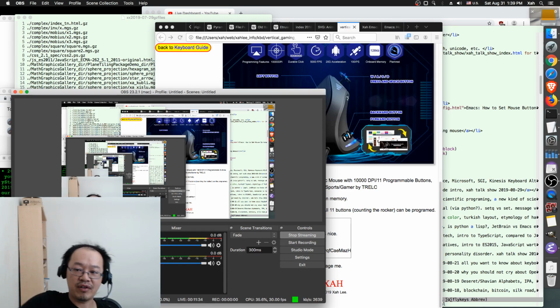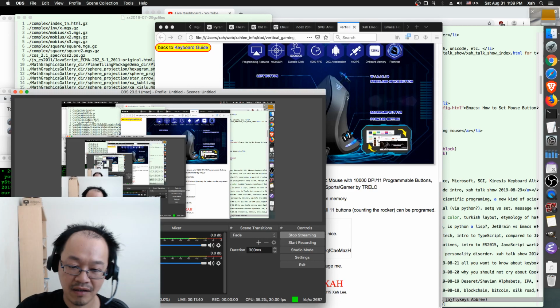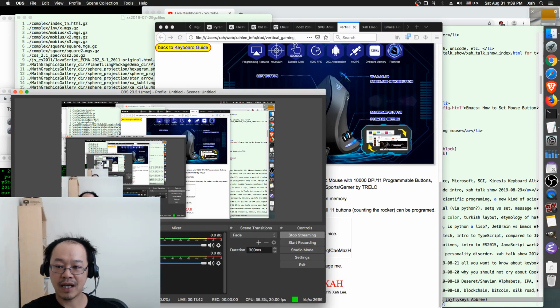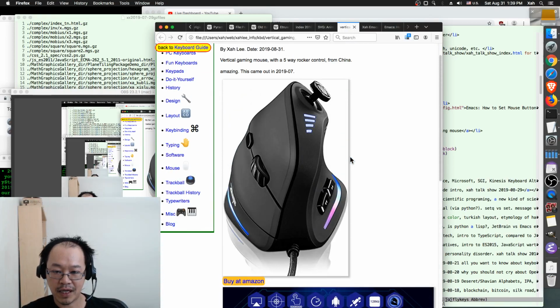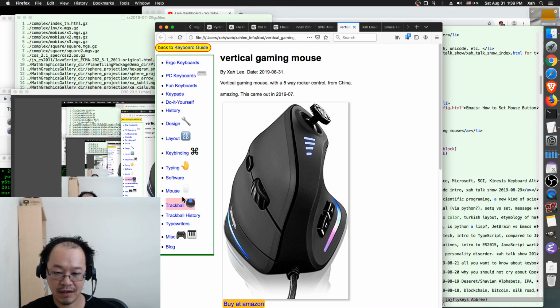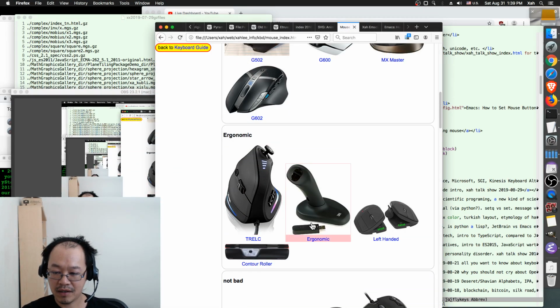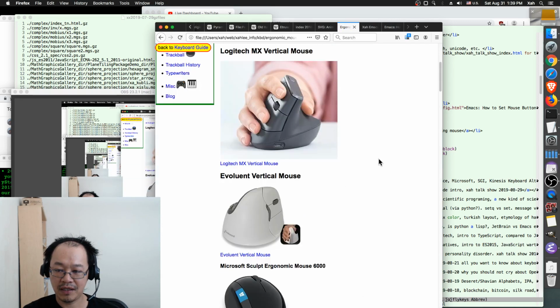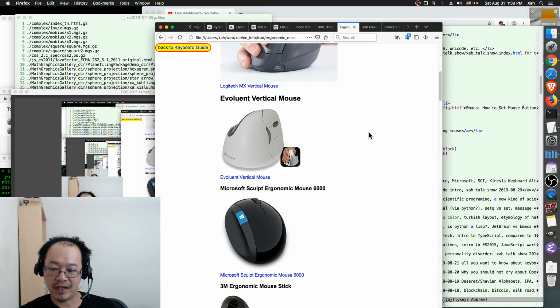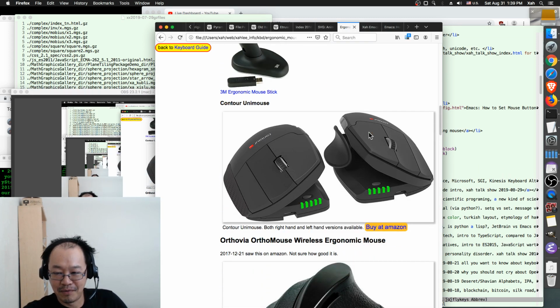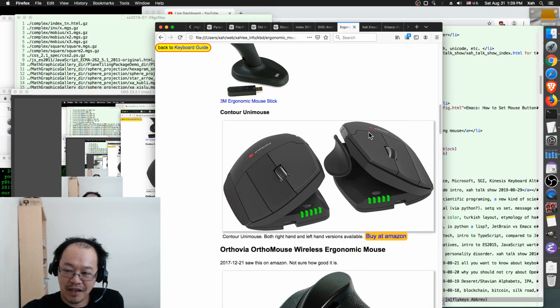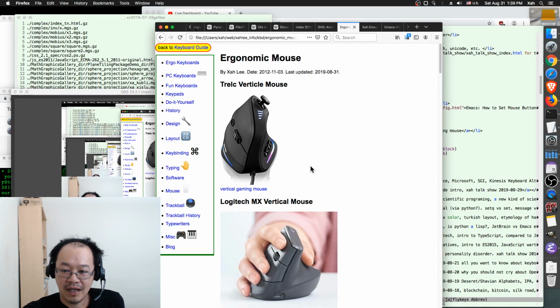So if you are a gamer or Photoshop or you use mouse for hours a day, that's going to cause problems. That is why you have these vertical mouse, and there are so many of them today. Let's have a look. So you see vertical mouse, ergonomic mouse, there are just so many different designs now. There are tens of them, especially from China. You see, one thing in common is that they want it to be angled. So anyway, you have these options, but I think this one is the best design